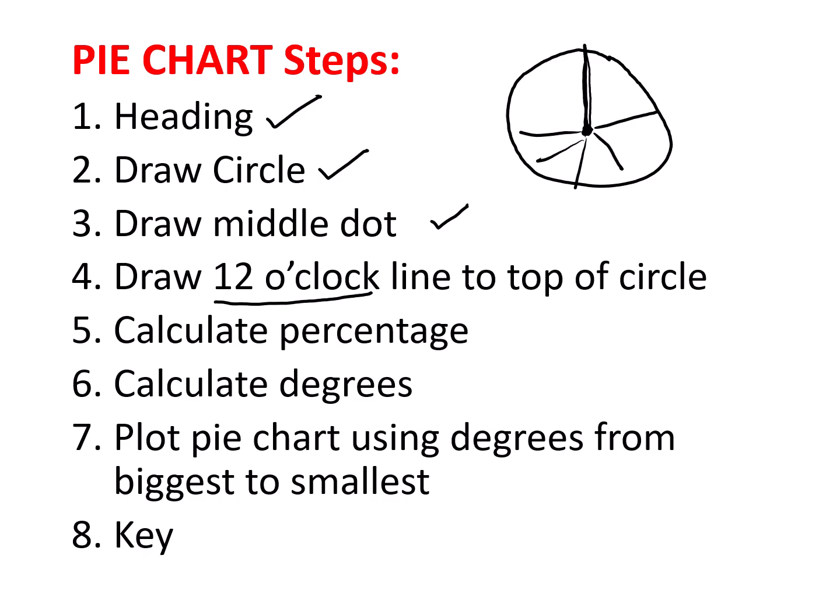Once we've drawn our 12 o'clock line in, we first have to calculate the percentage and calculate the degrees. Unfortunately, there's a lot of maths involved in this part because you have to do quite a few calculations. If you don't do the calculations, you are not going to get the marks because you won't know what chunk of the pie counts for what. So you have to make sure that you are calculating the percentage and the degrees.